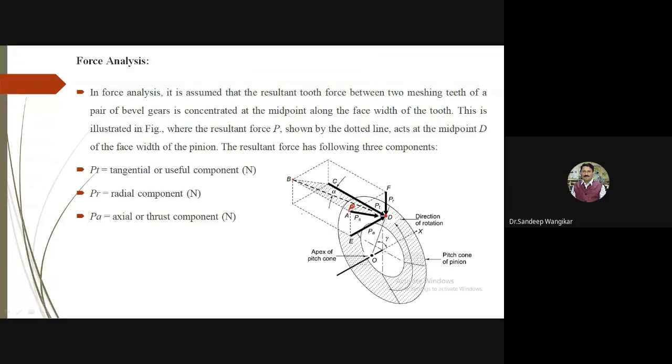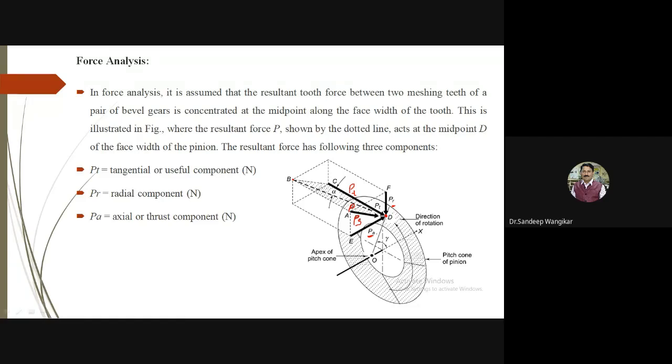Now here the resultant force is mainly divided into parts, PT and PS. Very first it is divided into the line CD, which is nothing but PT, and the line AD, which is nothing but PS. PT is known to you as tangential, PS the separating. Further, the separating component is not at right angle, so we have to resolve it again. The separating component is divided into PR and PA, the radial component and the axial component.